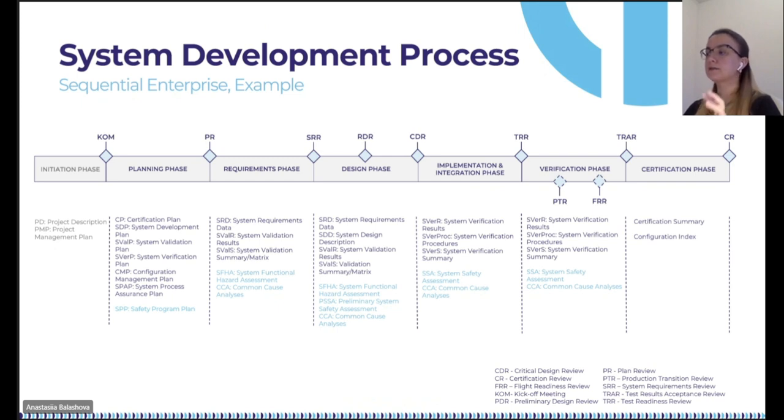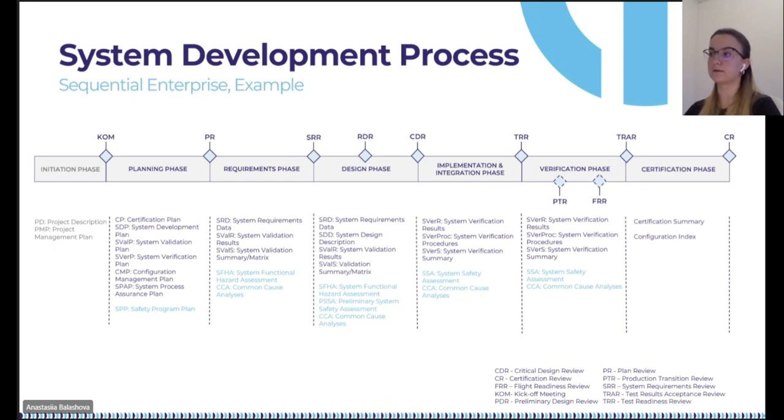There are also several stage reviews indicated on the diagram. It's FRR, Flight Readiness Review, and PTR, Product Transition Review. There may be other stages that you need in your project. Do not forget to indicate all of them in the development plan and establish clear criteria for the transition